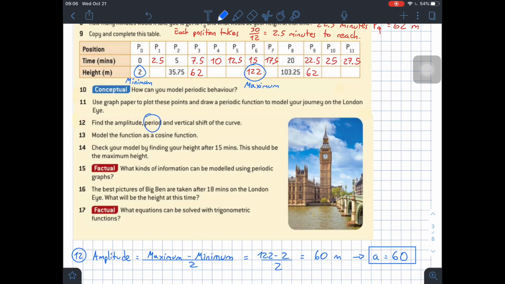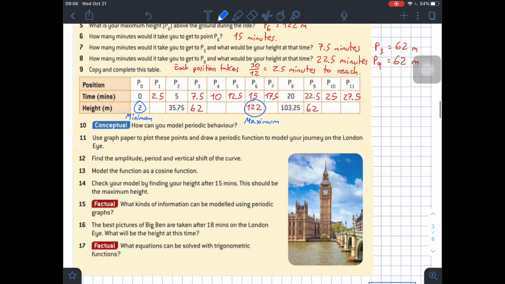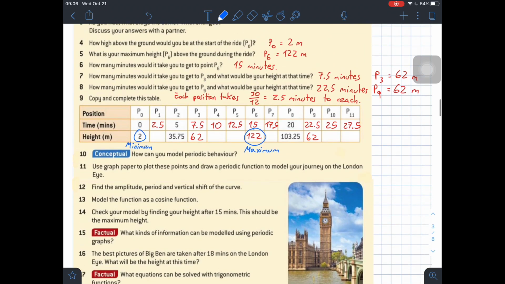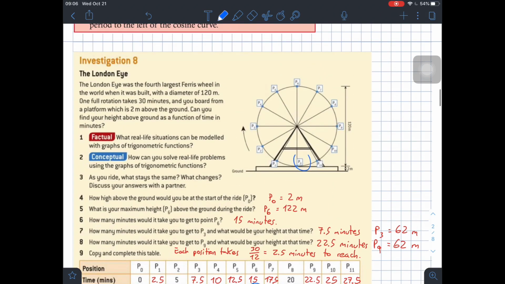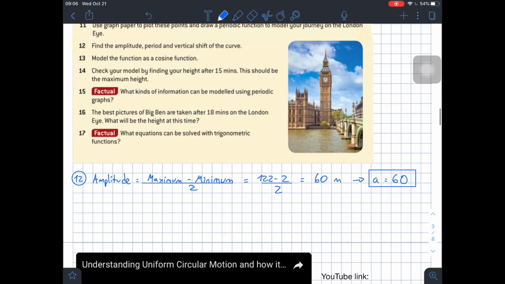Then it says, find the period. The period is how long it takes to complete one full cycle. So if we start here, we're going to end up here right after 30 minutes. That means that our period is equal to 30 minutes. So let me write that here. Period is equal to 30 minutes